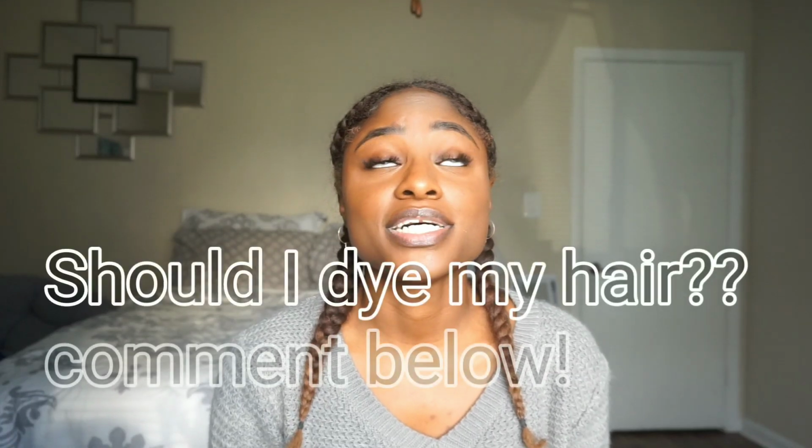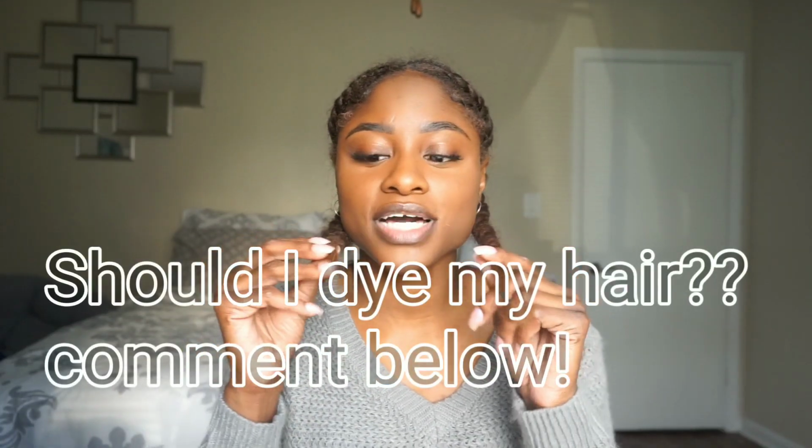I don't know, but we'll see, because I feel like the dye has made my hair really dry, and I expected that because I bleached it like 3 or 4 times. So yeah, it's my fault. But anyway, as you guys can see, look at my ends, they're so dry. This is that blow dried hair